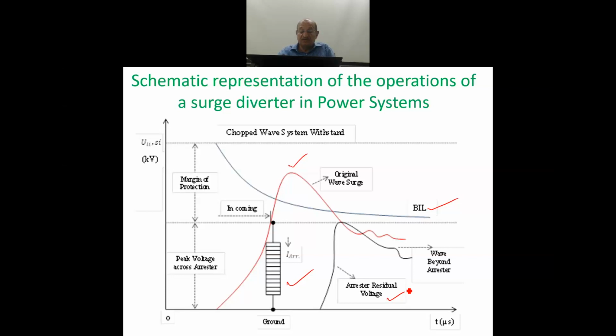This is the residual voltage of the lightning arrestor, which is impressed across the lightning arrestor, and which is also the voltage which is let go inside the network. The role of the lightning arrestor is to ground the peak value of the overvoltage. So now you can understand